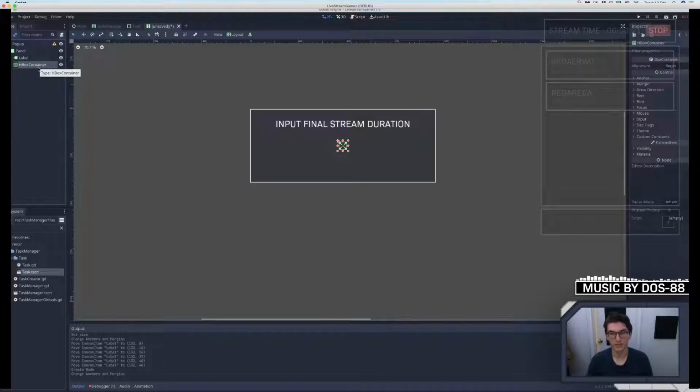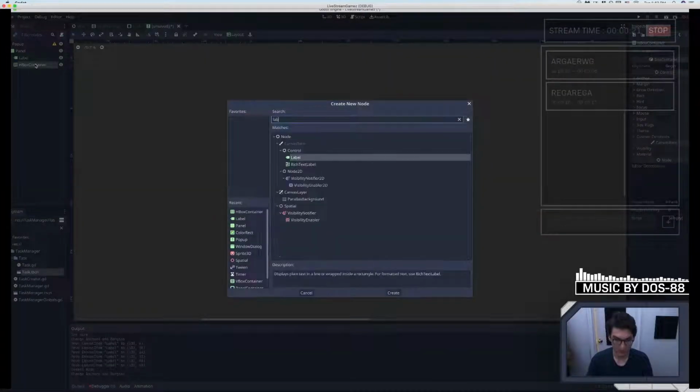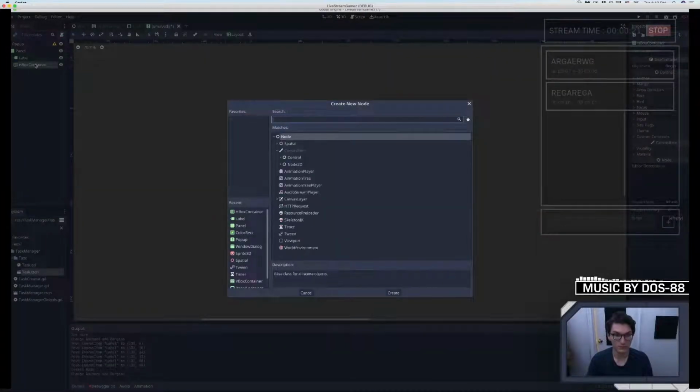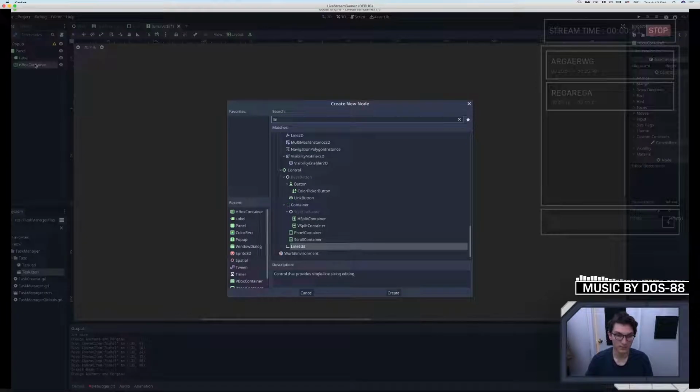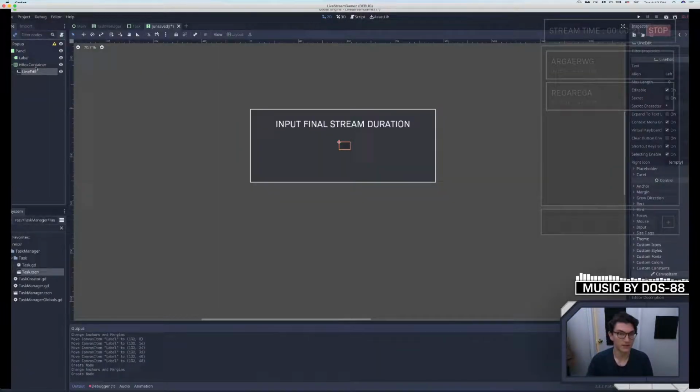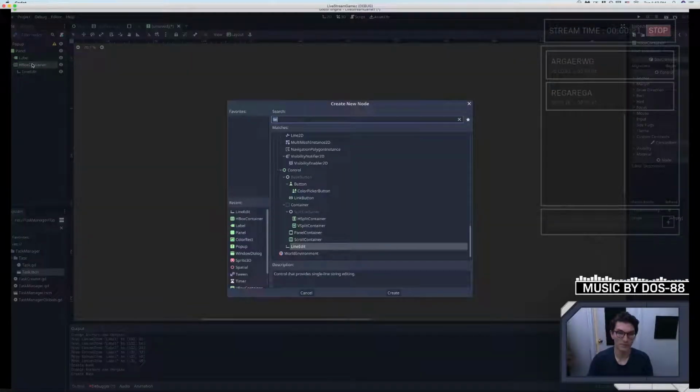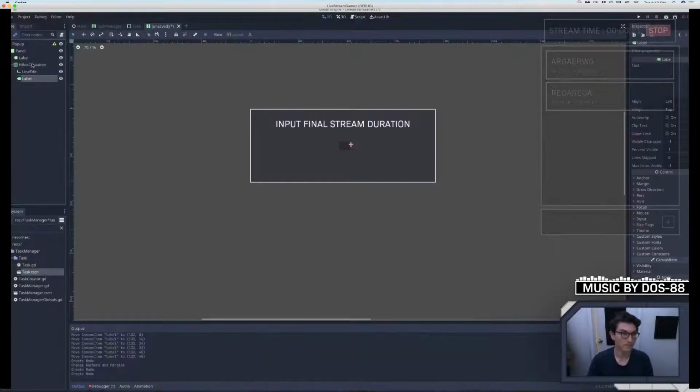So we need 3 input boxes separated by labels. Yeah, so we'll do label. Line edit, I guess. Yeah, I guess we're going for line edits. So we'll do a line edit, and then we'll go ahead and add a label,